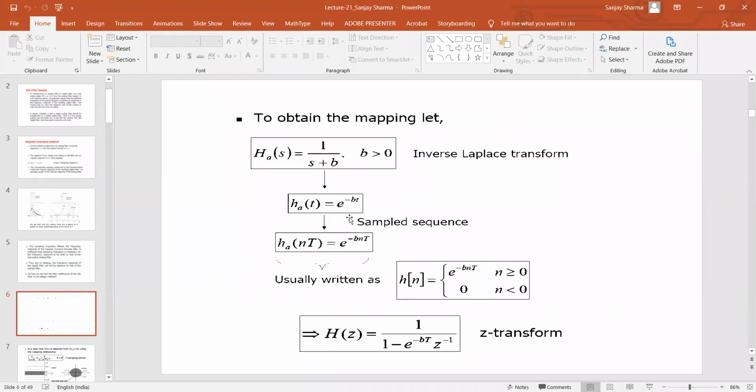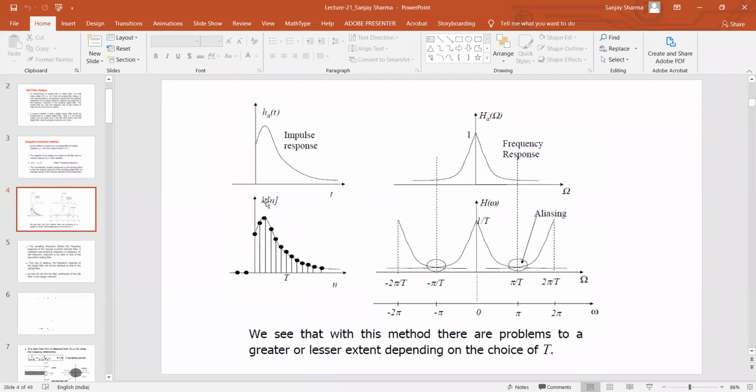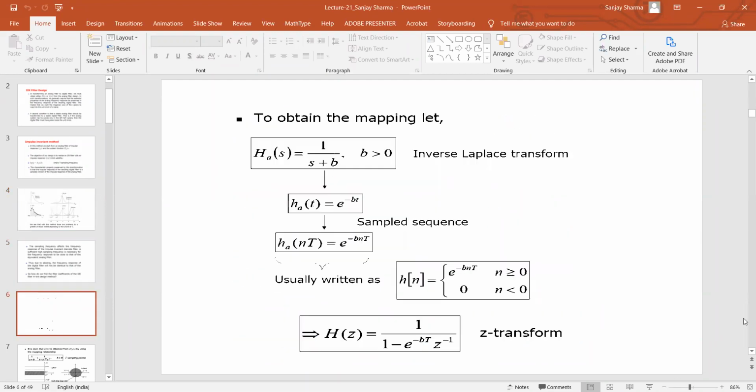Now, what is the procedure? This is the problem that I discussed in the impulse invariant method. The problem is that there can be aliasing present in the impulse invariant method. The choice of sampling frequency will of course give us a remedy towards the aliasing, but still the aliasing problem is there in the impulse invariant method. But what is the procedure of designing? The procedure says